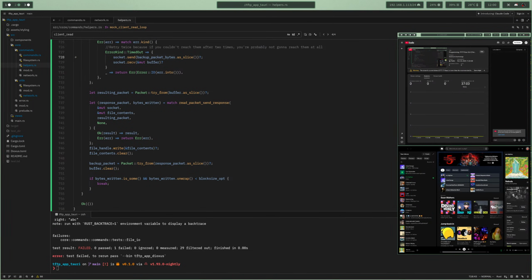Like, well, I don't know, because the entire purpose of read packet return response is to return a response, and it's also writing to the file at the same time. May not be as big of an issue as I'm making it to be, but